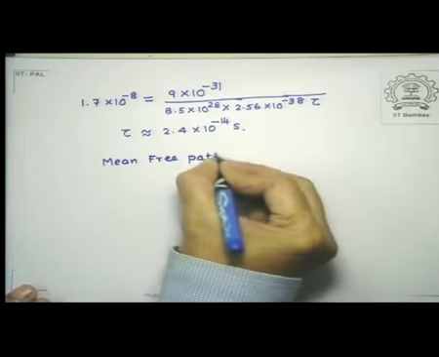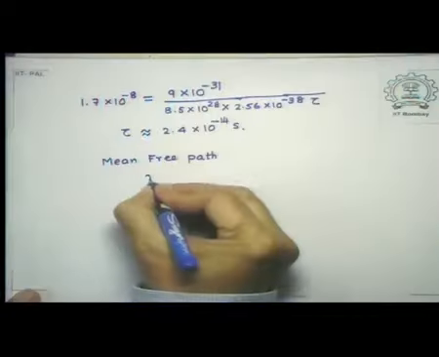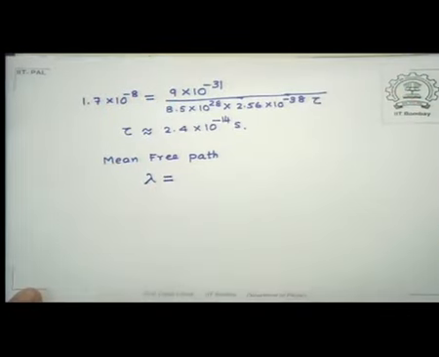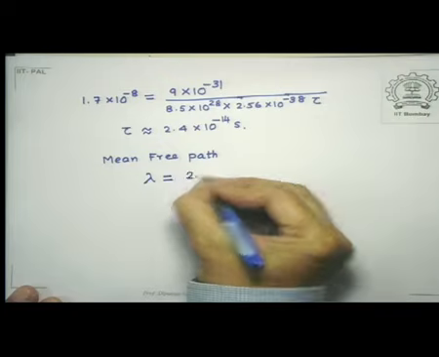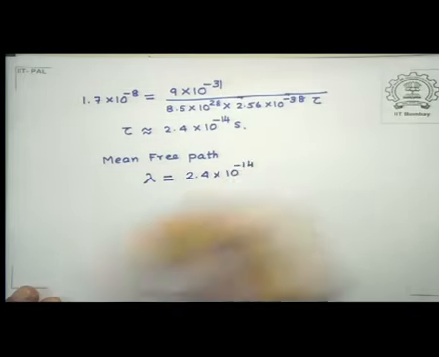Mean free path is the distance that a typical electron travels before undergoing another collision. Now, obviously, since time is tau, if I multiply this with the typical velocity of the electron, the mean free path,